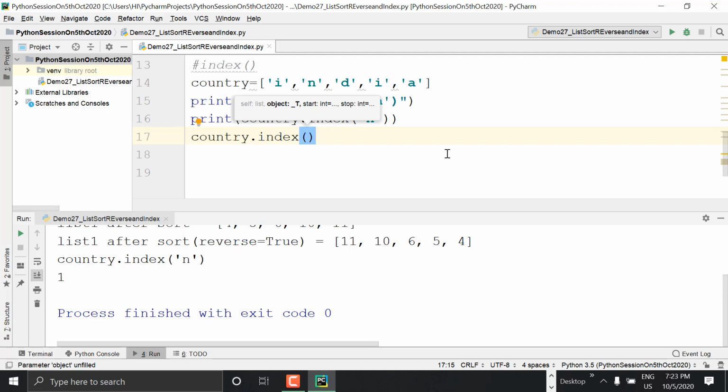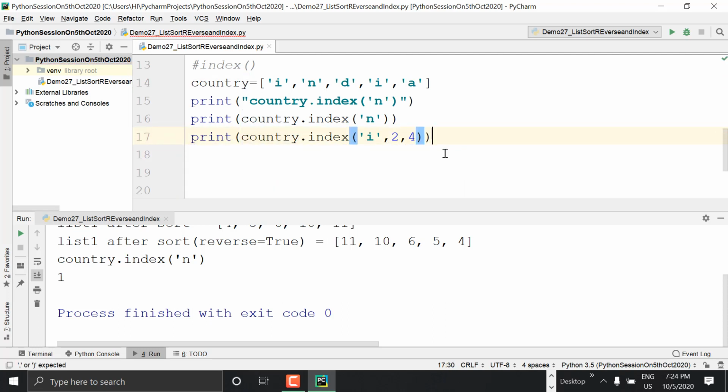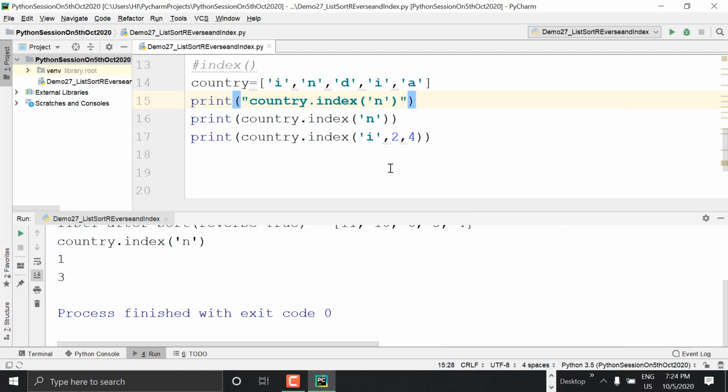Two to four. Now let's print it and check it out. 3. Correct? 0, 1, 2, 3. So like this, we can find out the index of a particular letter in a string with the index method. Is it clear, everybody? So like this, we can use the index method to find out a particular character's index, as well as the sort method to sort the elements, and reverse for reversing elements. Is it clear, guys? Yeah.